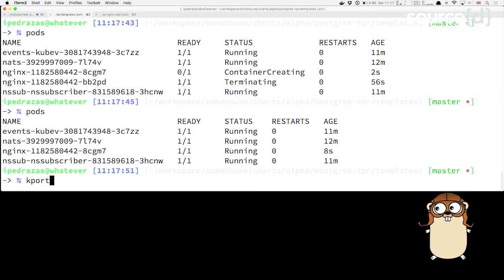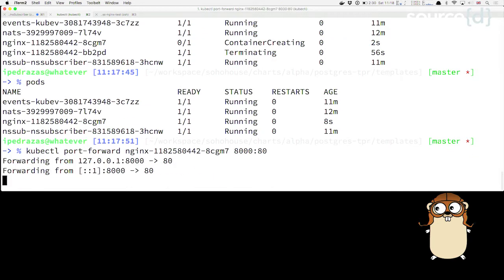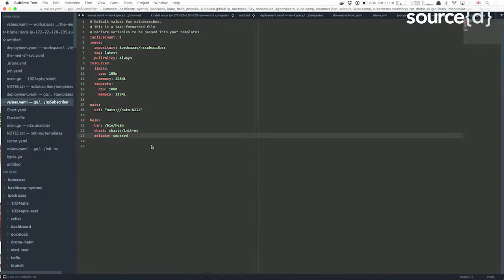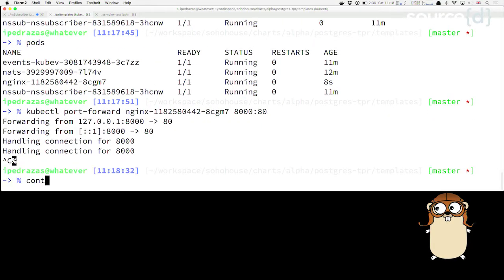Right, so now what I'm doing is trying to access this pod from my machine. So if I come here and I go to localhost, in theory I should be able to see the website, right? Excellent. So what is all this magic about Kubernetes?